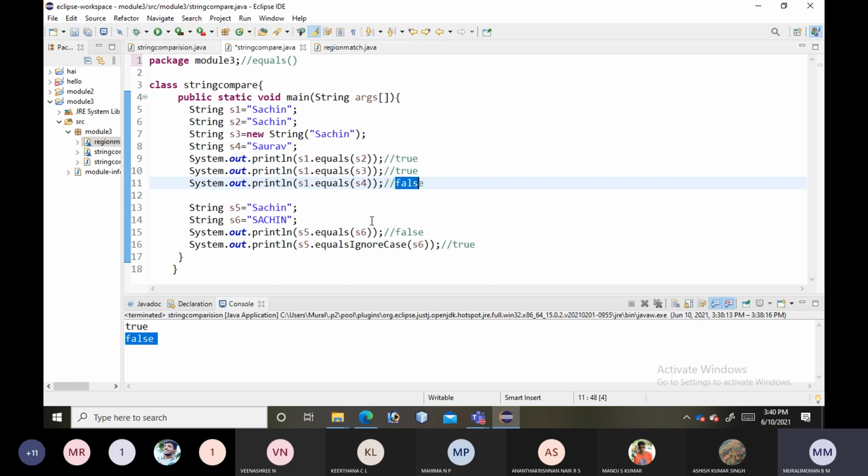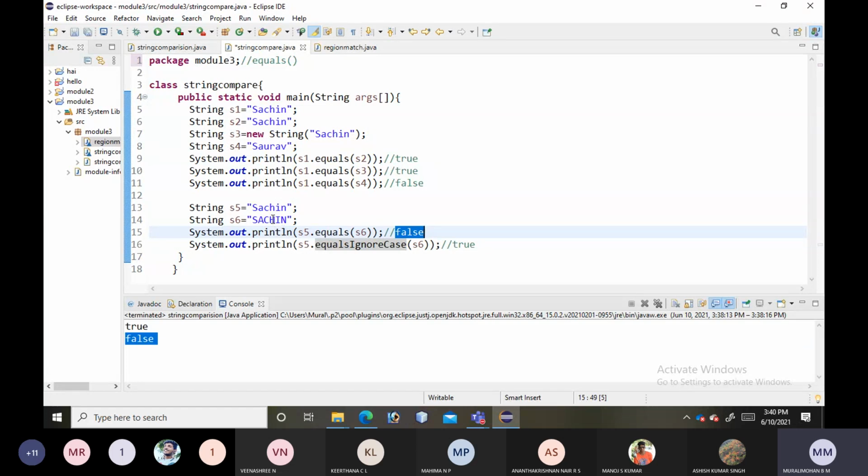Similarly, we also discussed one more method. If I want to ignore the case of a character, right? So just see, S5 is Sachin, S6 is the same with uppercase letters. Now S5 dot equals S6. So first it is giving false. Why?